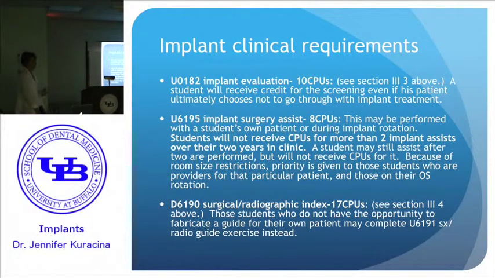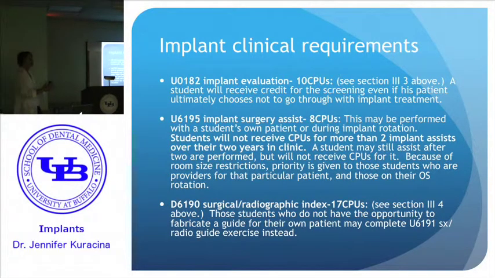They have a number of opportunities to do this. There's a rotation in the D3, D4 year where they will spend a day assisting implant surgery. They also may assist in their own patients' implant surgery if they don't have to be somewhere else. But we had some issues last year with, I think, one student who had 17 implant surgery assists, and in the process didn't complete a number of other requirements he needed to graduate, but